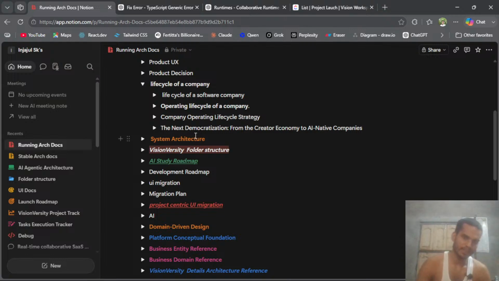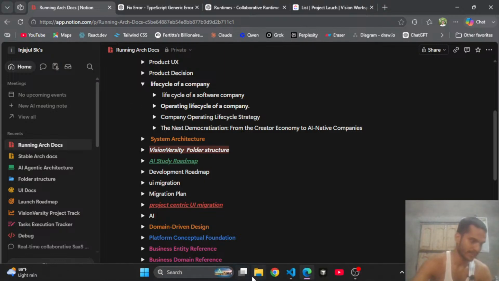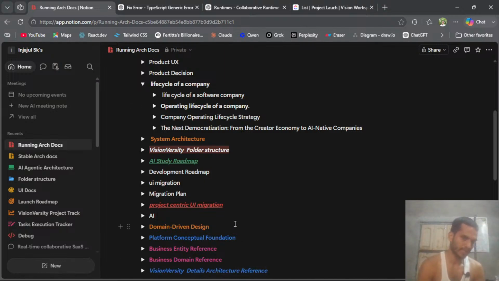After 3 months, I observed the issues. I cannot test. I cannot apply unit tests. I cannot add new features. Each time I bring new features and new ideas, I have to modify the whole pipeline. Then after 4 months, I totally changed the concept. Nowadays I call it runtime versus UI versus business entities. This is a core concept we have,